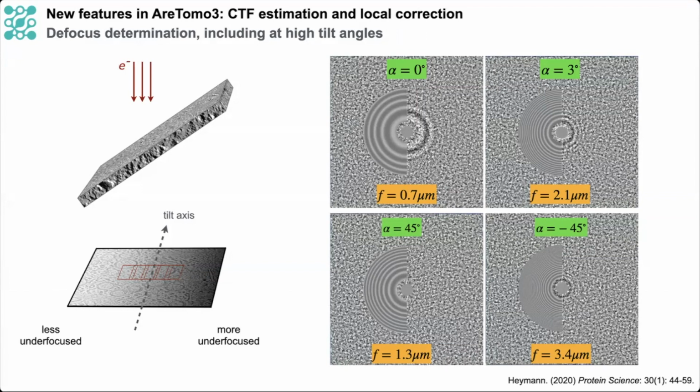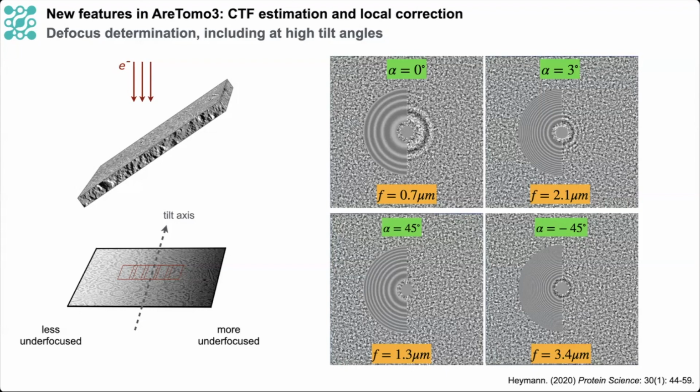This spectral rescaling increases the spatial coherence of the average power spectrum, which we then use to determine the CTF parameters. Though at high tilt angles, we only refine the defocus values and bootstrap other parameters like the astigmatism to the nearest tilt image to improve the optimization. As you can see on the right here, this approach has enabled us to robustly fit the CTF across a range of defocus values and also at high tilt angles where the signal-to-noise ratio is very low.